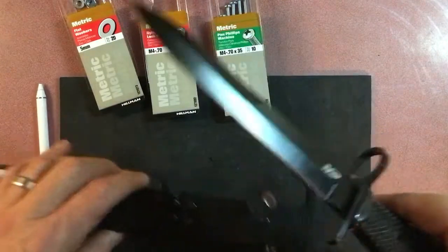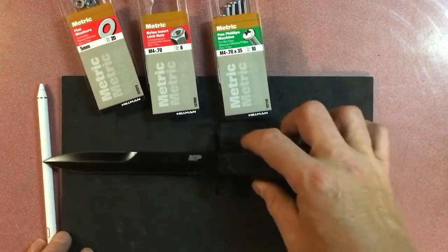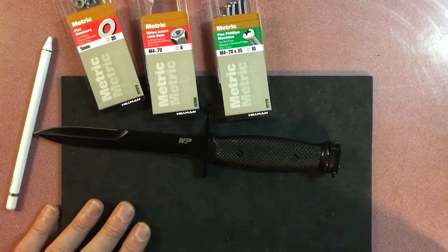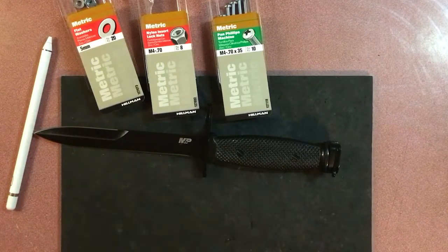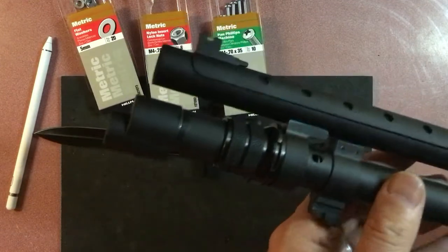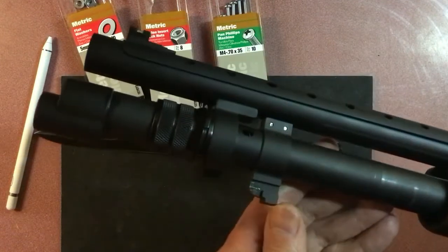And well, why did I get this, you're wondering? Well, I got this because I had just gotten the Tokarev TX3 12 HD shotgun, and I had to do some things to my Mossberg, my Maverick 88 shotgun. So I'm going to talk about that briefly, but I cannot show you what I did physically, showing you how to do it because YouTube forbids customizing firearms. But I can tell you what I did and show you the end result. And first, however, we're going to cover the TX3 Tokarev shotgun. I had said I was going to talk about it after I installed the bayonet lug on here,